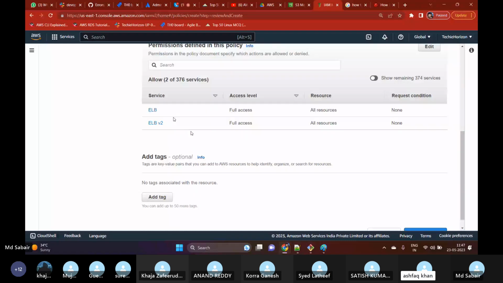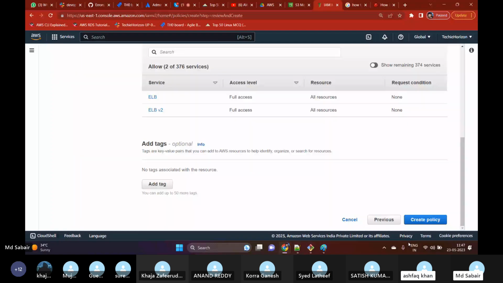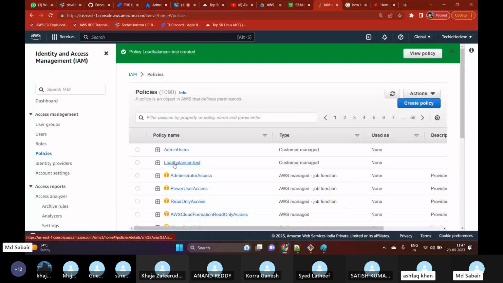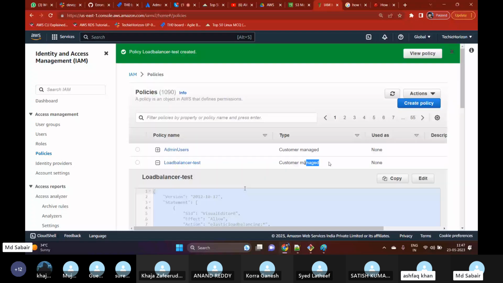Policy name, load balancer iPhone test, create policy. Okay, here if you see load balancer test, if I scroll down, a JSON has been created. And then here we can see customer managed, means this is something I have created as per my requirement. Basically this is also not required to be created because we have a lot of default permissions available by AWS only. We can use those permissions, but still, only to explain to you guys, I'm trying to create new